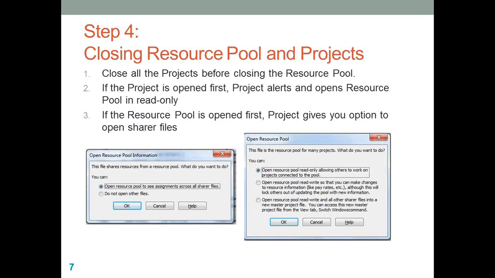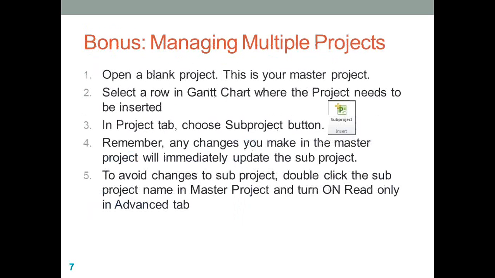The second option is when you are working on programs or portfolios. Portfolios are a set of programs and projects that may not be related with each other, but they are executed to satisfy some strategic objectives. And the main purpose of having a portfolio is to have a top-down view of the health of all the programs and portfolios and the operational work that is being executed. So if you want to have a top-down approach about all the projects, all the programs and portfolios that are coming under you, naturally you might want to have multiple projects as a part of a single file.